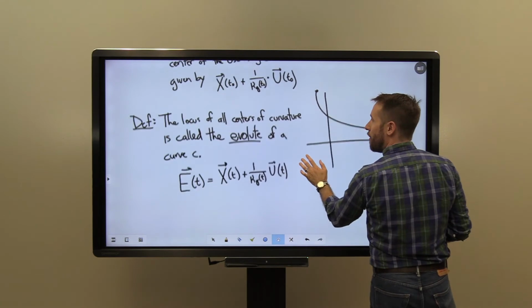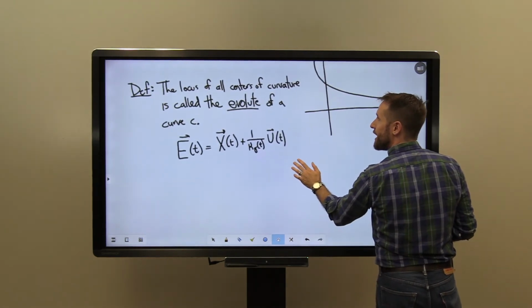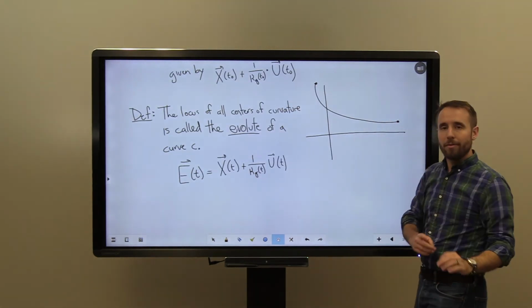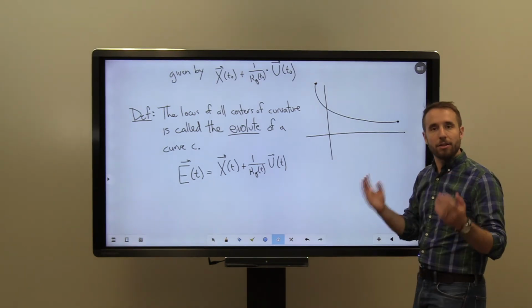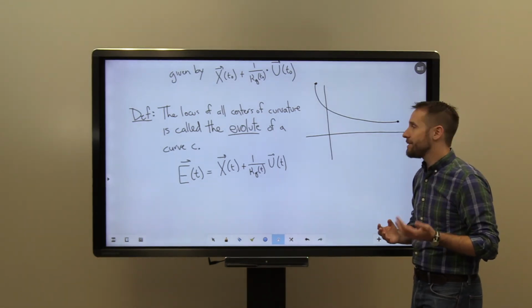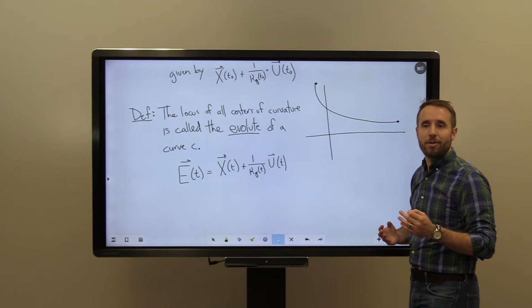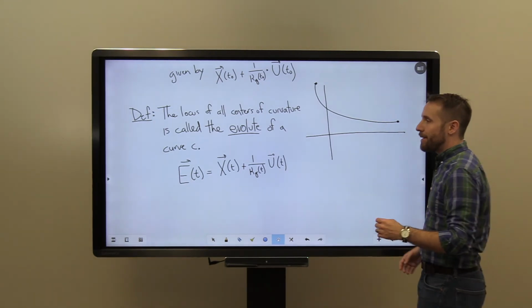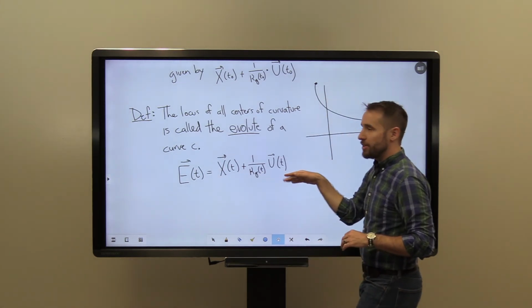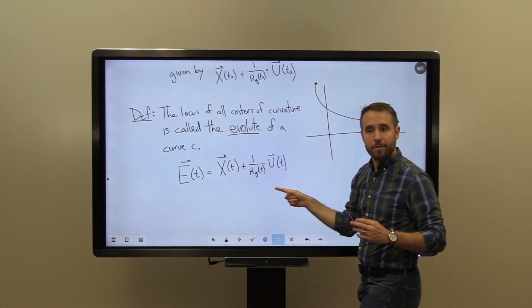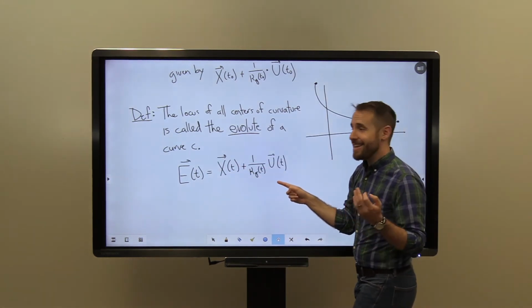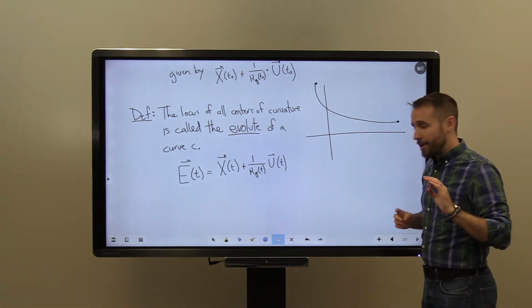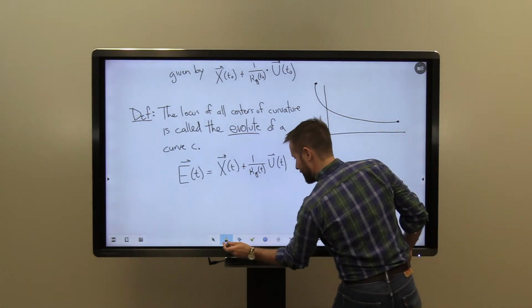And if I take all of those centers of curvature together, and I look at just the locus of that set of points, what I get is what's called the evolute of the curve. And so it is given by this equation here, just the same equation for our centers of curvature, just taken at any given time t. So again, just to be crystal clear,